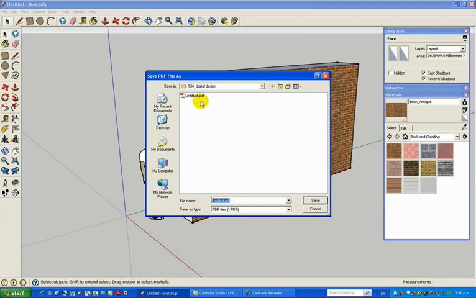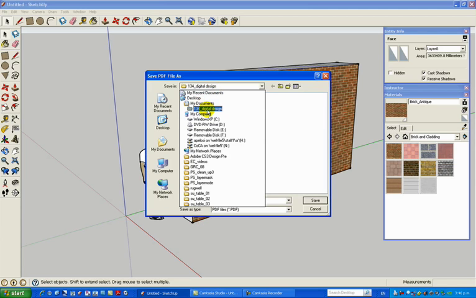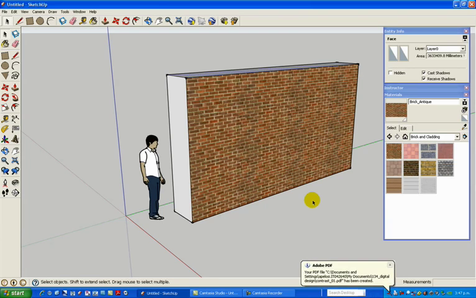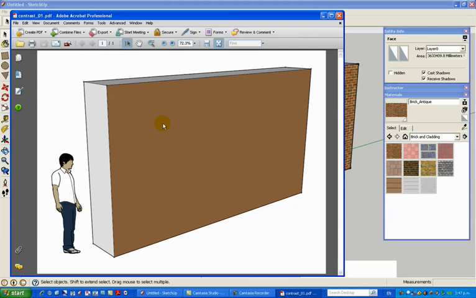and then come back here and hit OK as well, and you can see I've saved it in my documents and then 134 digital design. So rather than untitled, I would call it the principle, so we can call this one contrast, just making this up, 01, something like that, and then hit save. And now that's completed, and you'll see here it's opened it up in Adobe Acrobat,